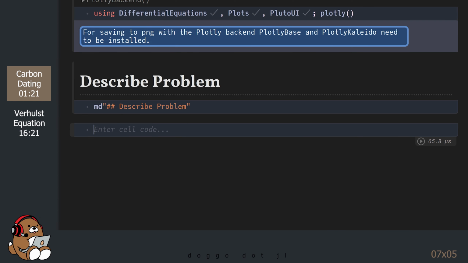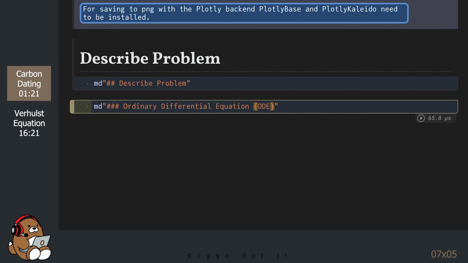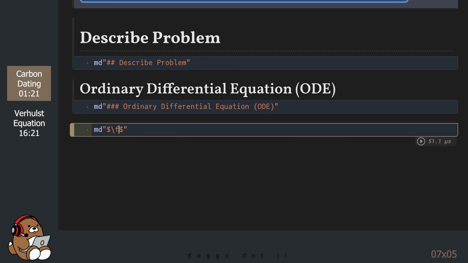You'll be happy to learn that the workflow for solving the radiocarbon dating problem is nearly identical to the workflow that we used in the last tutorial to solve the problem of continuous compound interest. Just like the continuous compound interest problem, the radiocarbon dating problem is an example of an ordinary differential equation.